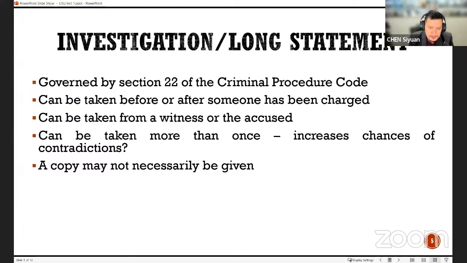But who determines relevance? The prosecution has to first determine it. If the prosecution says that, okay, I don't think this is going to be relevant for either the prosecutor or for defense counsel, I'm not going to disclose it. It's the prosecution's call, right? Now, you may say that, okay, this can be challenged in court, and the court will be the final arbiter as to whether something is relevant. That is, of course, theoretically true.